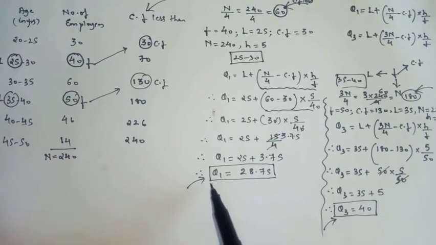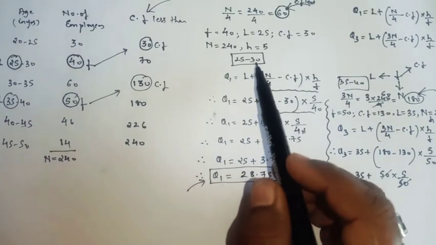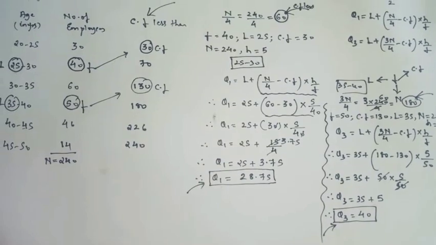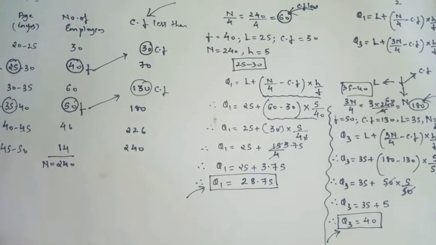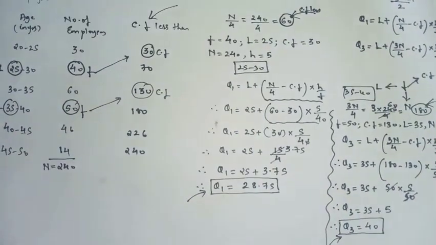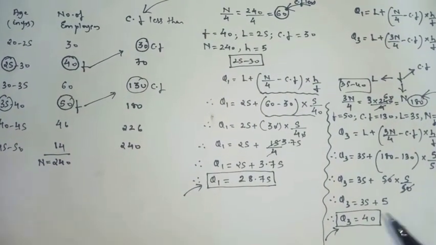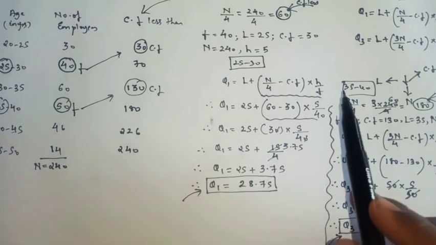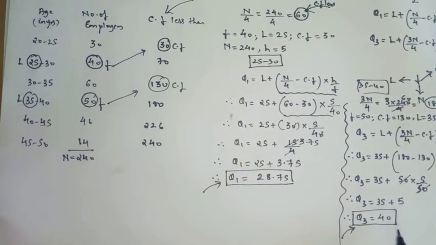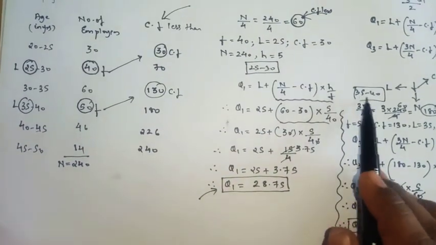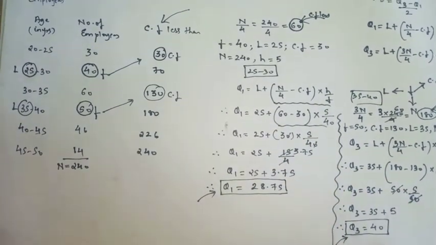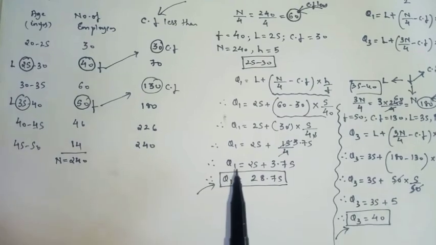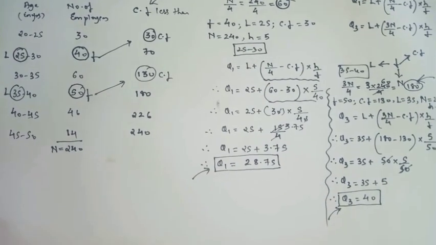So here clearly we can see that Q1 lies between 25 to 30. Yes, the prediction we can do is that the answer which we got is at least right, because it lies between 25 to 30. And here we got 40, between 35 to 40. It's okay if you are getting 40 also. It should lie between 35 to 40, or 35 or 40. If we include them also, it's okay. So here now we got Q1 and Q3.